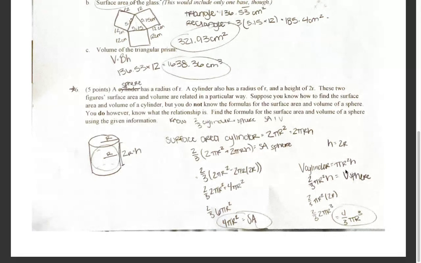We do the same thing for the volume. We know that h is 2r because it's given. The height is 2r. So we do 2/3 pi r squared times 2r because the volume of a cylinder is pi r squared h. So then we have 2/3 times 2 pi r cubed multiplied by 2 divided